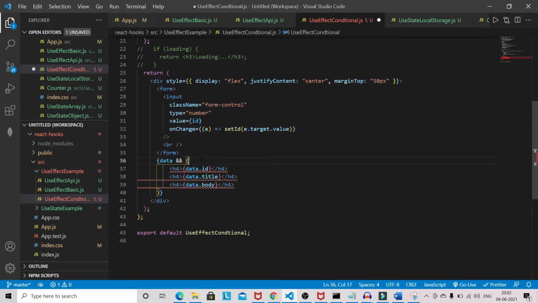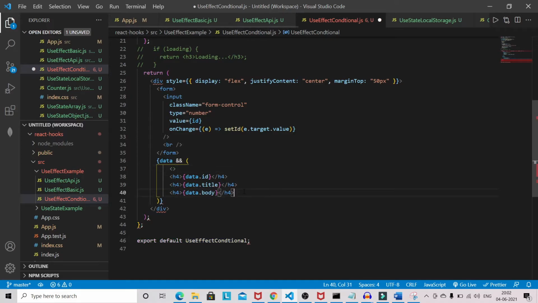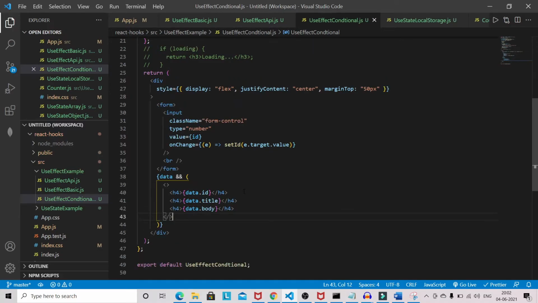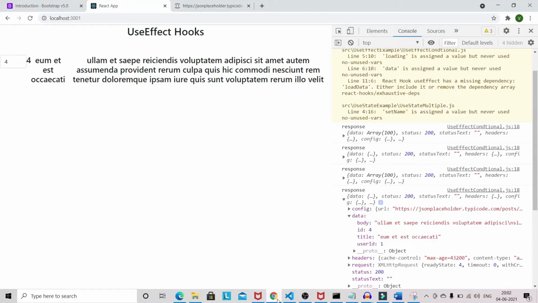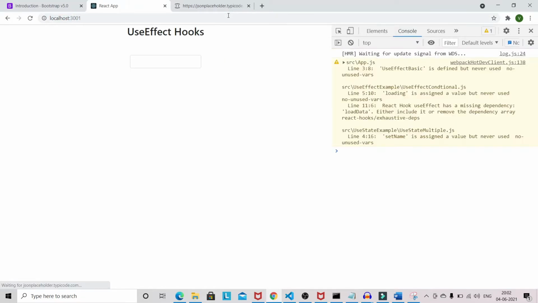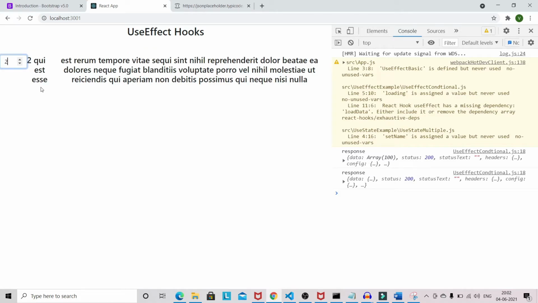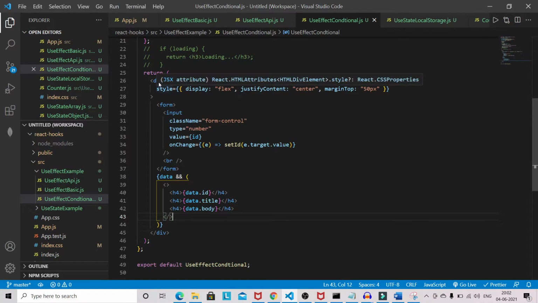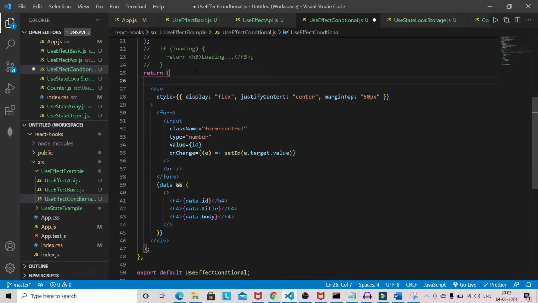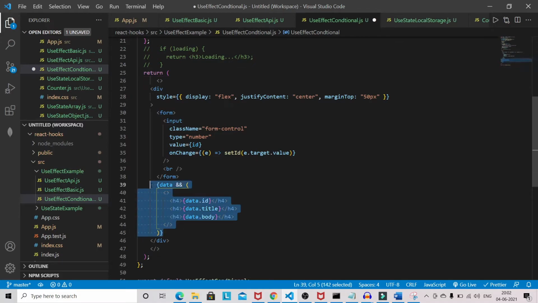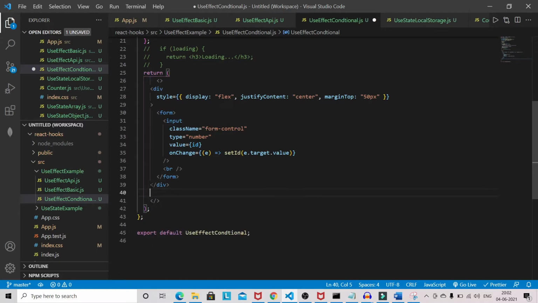We got an error because we need one parent tag here, so I'm giving the fragment. So if I give the 2, you can see that we got the data. Let's put it outside this div. I'll give fragment here, and I will put this outside of this div.